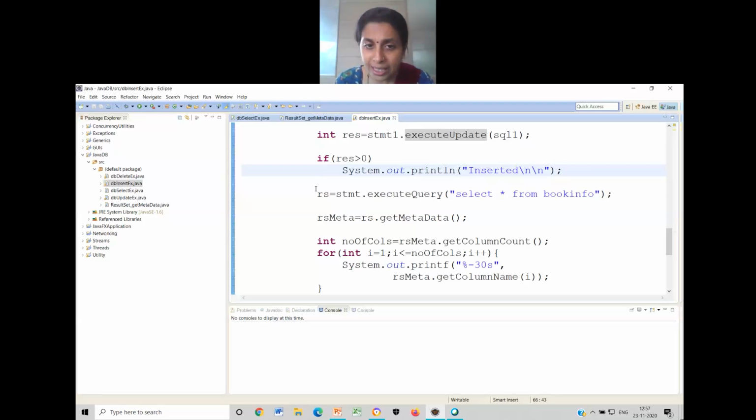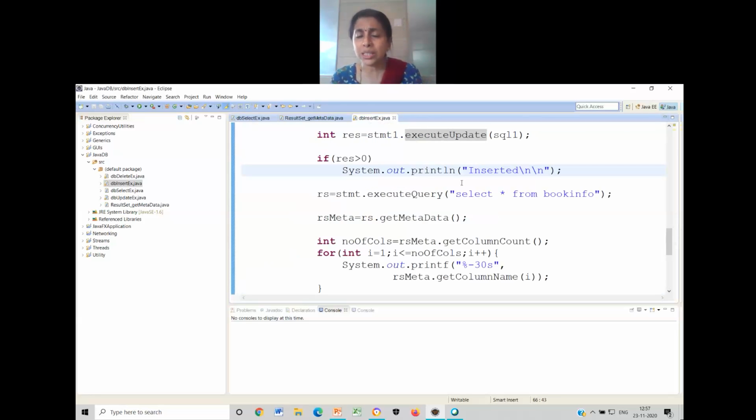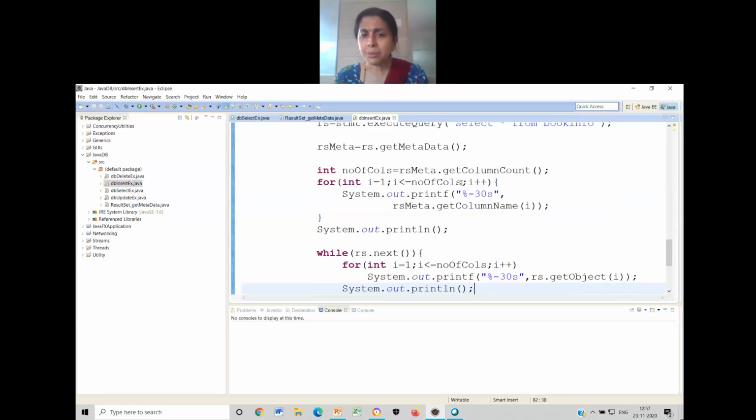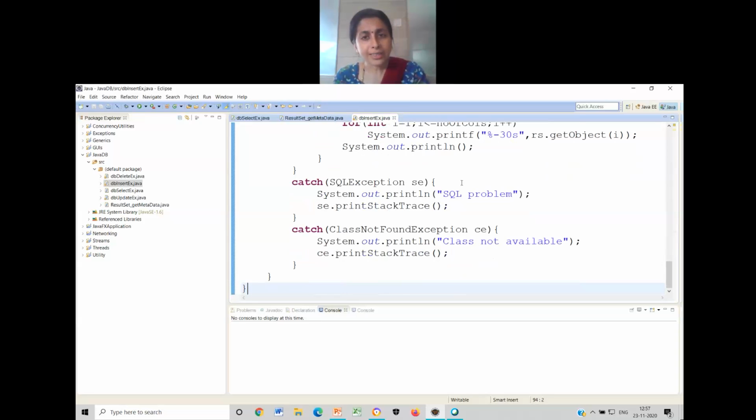Next thing I have done is I have repeated what I was using in select. In order to have the newly updated things also displayed, I have written the select query again. I have simply copied and pasted that here. Nothing else I have done. So I will save this